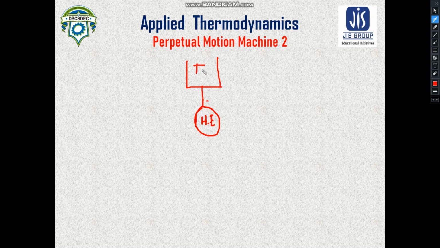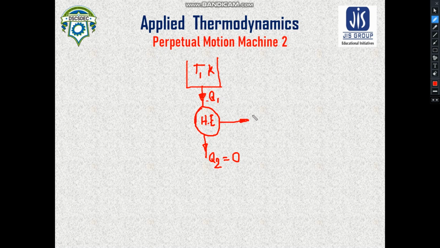Now this is your source, which is maintained at a T1 temperature. The absolute temperature is T1 Kelvin. It is receiving heat Q1 and it is rejecting nothing. That means this Q2 is 0. So which we have just now discarded, which is not at all possible according to the Kelvin Planck principle